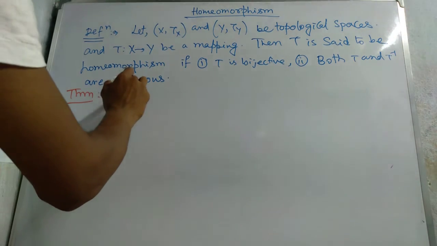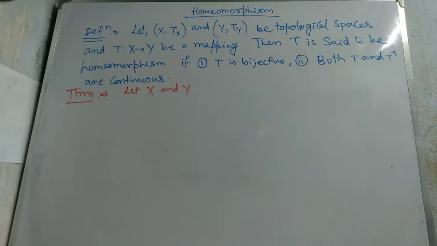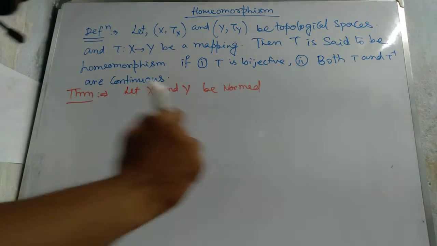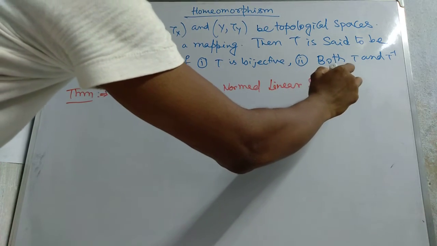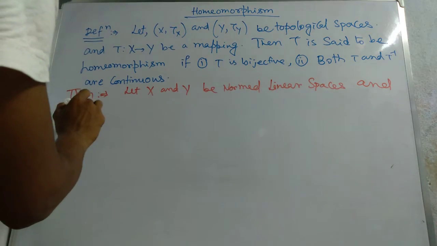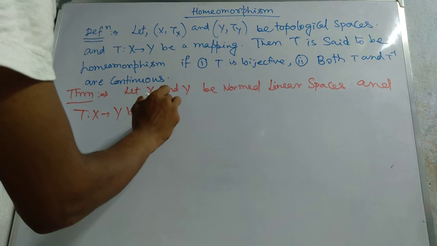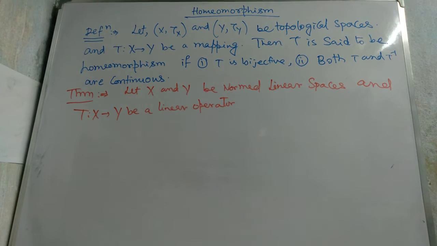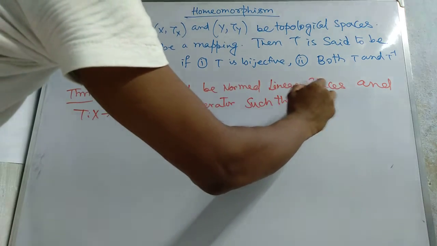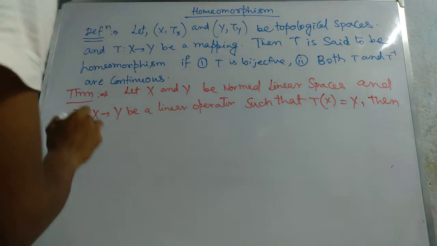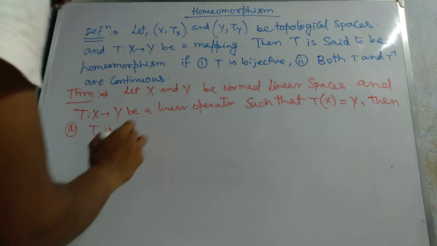Theorem: Let X and Y be normed linear spaces and T: X → Y be a linear operator such that T(X) = Y. Then the following are equivalent: (a) T is a homeomorphism,